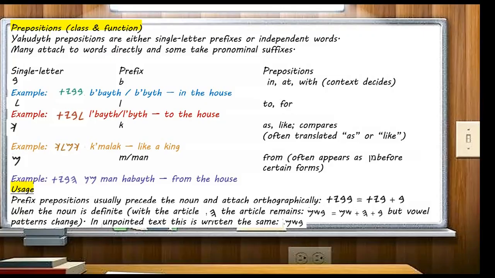If you want to say, for example, as a king or like a king, making comparison, you would say kamalak, like a king, or as a king, kamalak. If you want to say from the house, you would say